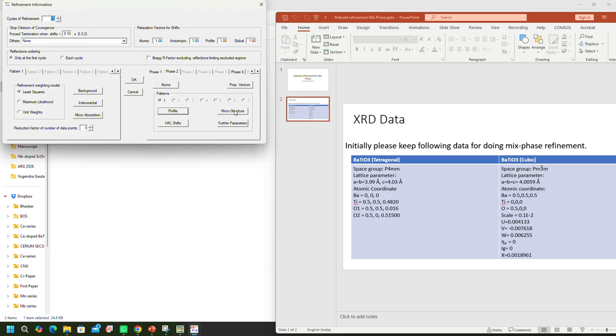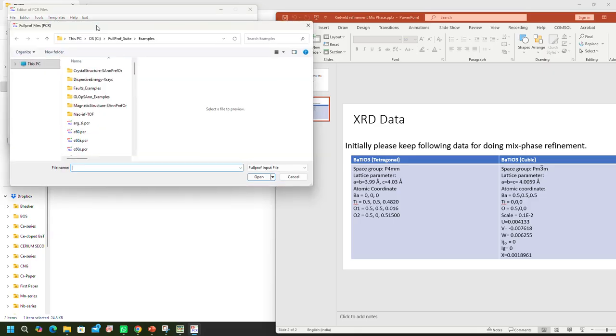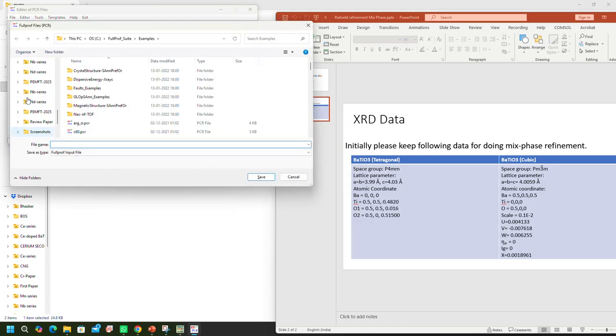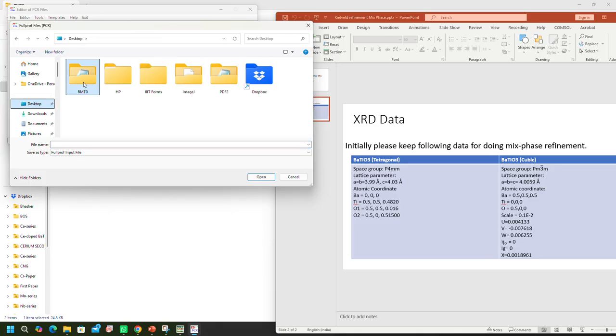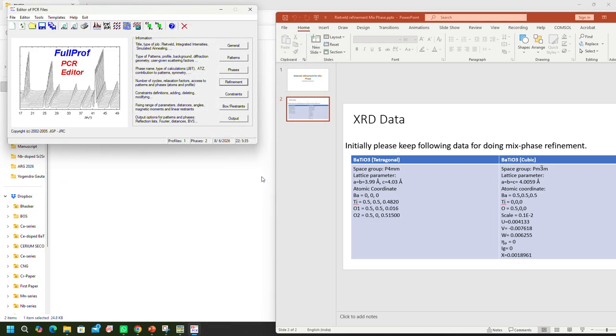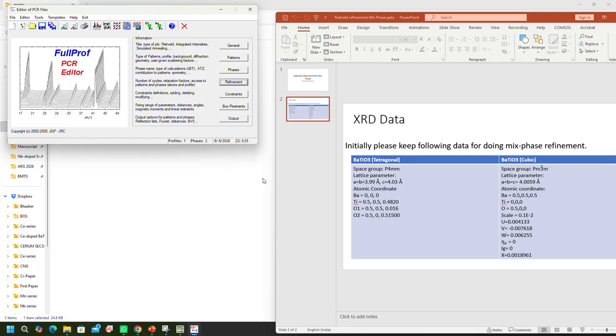Okay. So as you completed all the process, now you just okay and try to save your file by this run full profile. So first you create your file. So bt.dat, this is the file name of your input file. So this is create. Now go to your input file here and save by this name. Okay, and now you just choose your input file and run. So when you run,